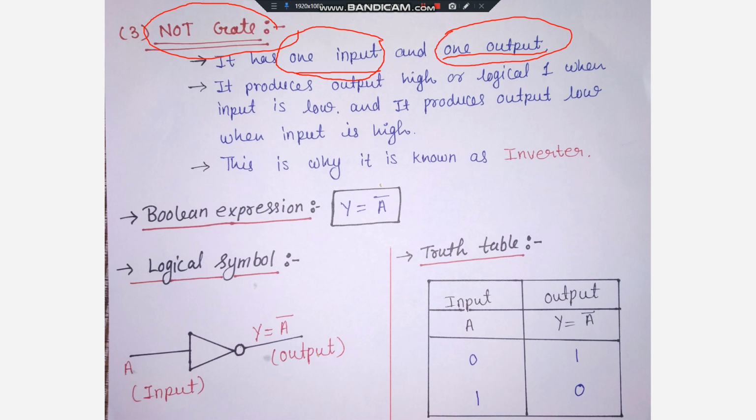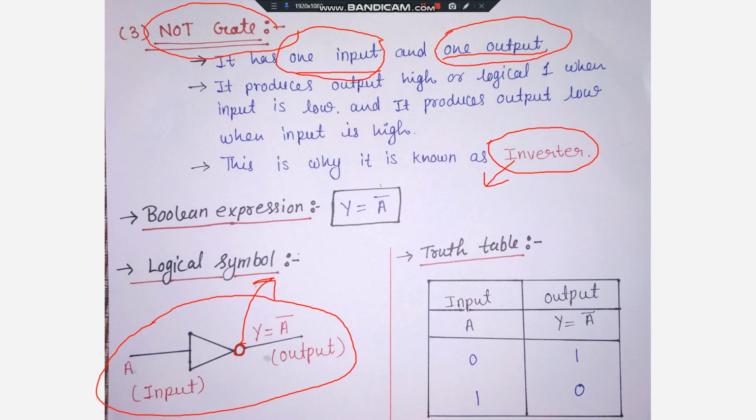And this is why NOT gate is known as the inverter. Now why are we saying NOT gate is an inverter? Because first we will talk about the logical symbol of this. Okay, see here, this is the logical symbol of the NOT gate. Here we can see there is a bubble over here. एक सर्कल दिख रहा है यहाँ पे, जिसको हम बोलते हैं बबल. This represents the inversion. ये क्या रिप्रेजेंट करता है? इन्वर्जन रिप्रेजेंट करता है. This bubble represents the inversion.